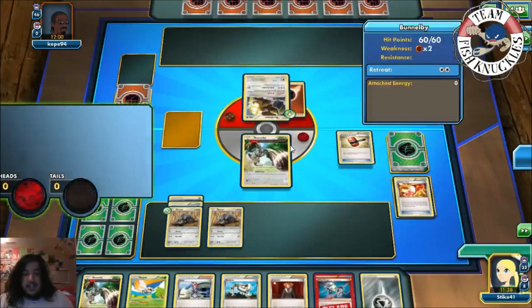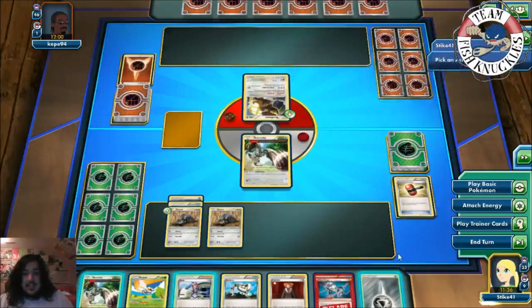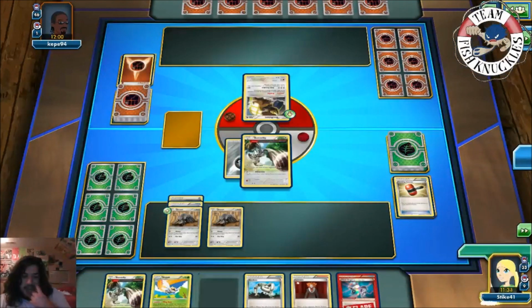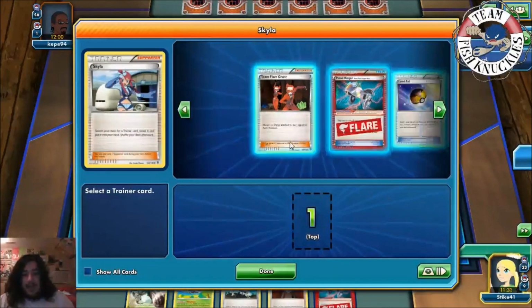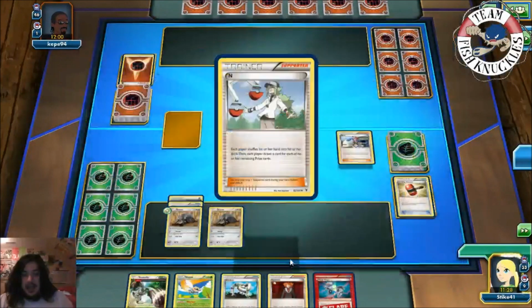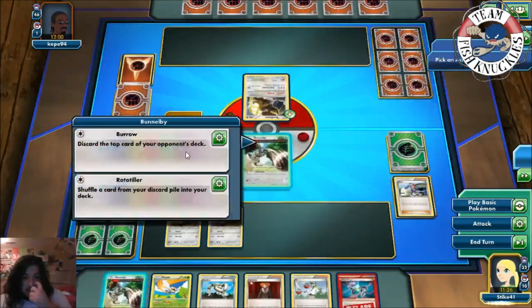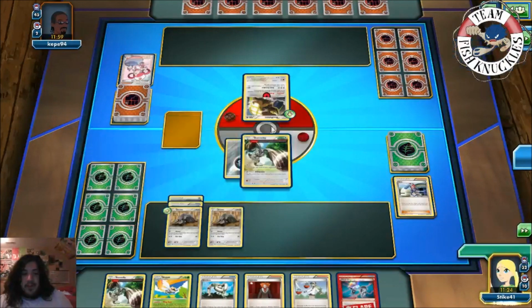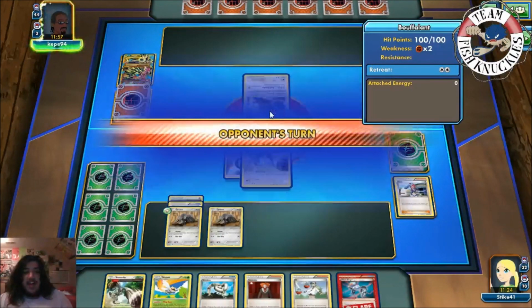So here play Crushing Hammer. Heads, discard that. Put out Metal Energy on the Bumblebee. Well, Skyla, and I think I'm going to grab the N here if it's in the deck. There it is. So grab the N. And that way next turn we can play it. So here we'll use Burrow, discard the top card of the deck, Burrow again, so discard PCL, and a, what